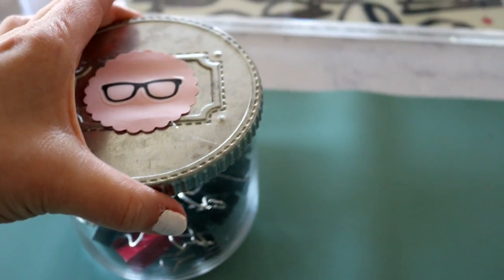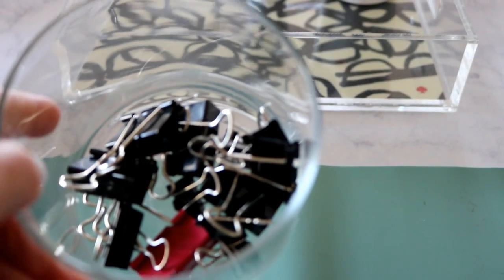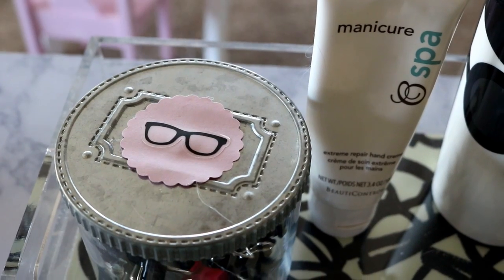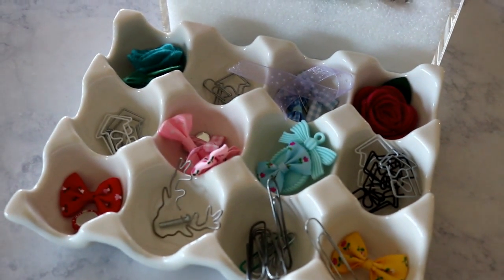And I cleaned out the jar, and now it holds some binder clips. And on the top here, and it still smells really good like the candle, which I like. On the top here, I used a piece of scrapbook paper and the Reset Girls glasses sticker. And the last little section on this tabletop is my little white egg tray that holds just